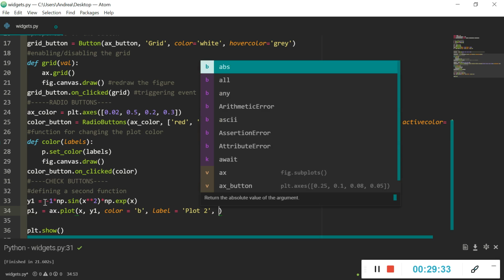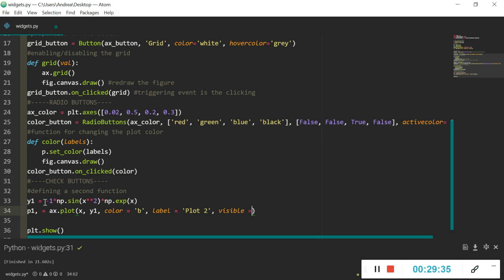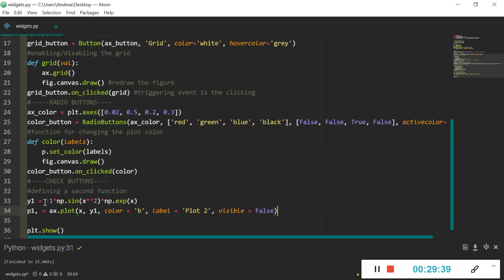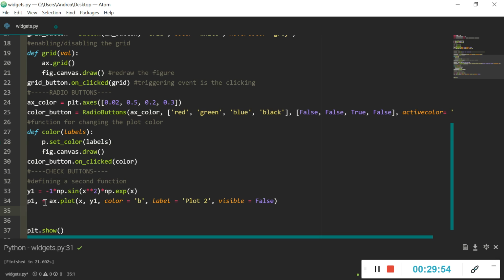and let's just also add this option, which is visible, and we set its visibility to false, so it will not be displayed during the first plotting action, because its visibility is set to false. Okay, so now